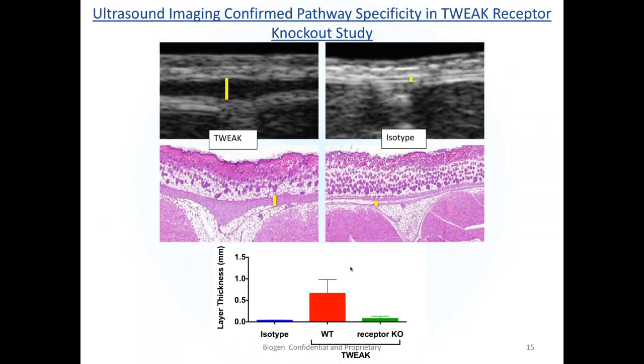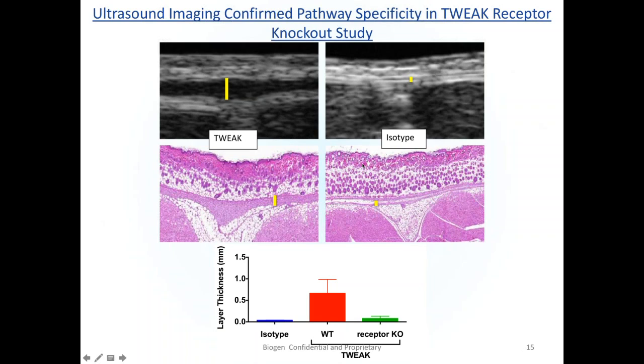So another story with this model was that we were able to demonstrate pathway specificity of this interaction. And so it's well known and well characterized that this soluble material, the soluble cytokine tweak, binds very specifically to its receptor FN14. And the group that I was working with happened to have the FN14 knockout mice available at the time, the receptor knockout mice. So we were able to run a study in which this tweak cytokine was injected both into wild-type mice shown here and into the receptor knockout. The images aren't the same scale, so I can't show you those, but